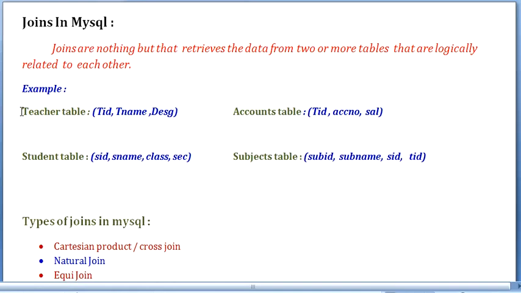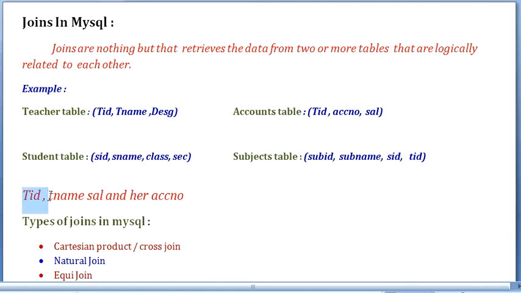Now think that we want to fetch the details of the teacher: the teacher ID, teacher name, salary and her account details or account number. So see where this data is actually available.